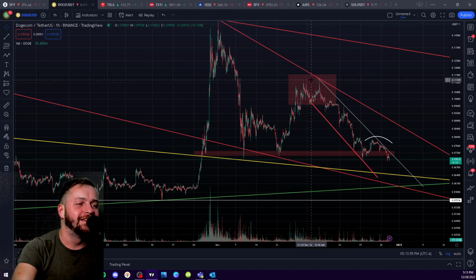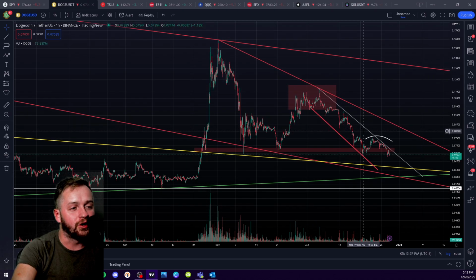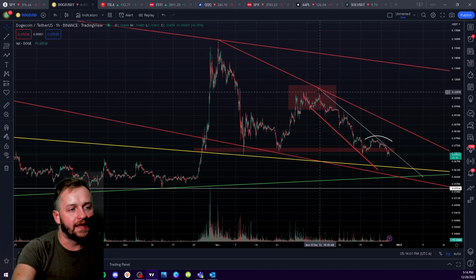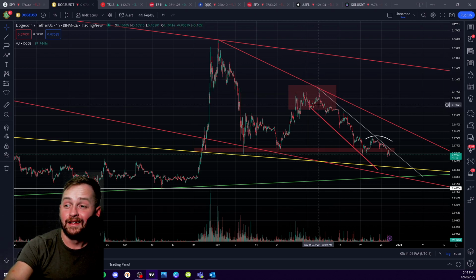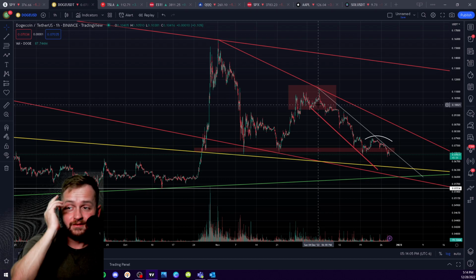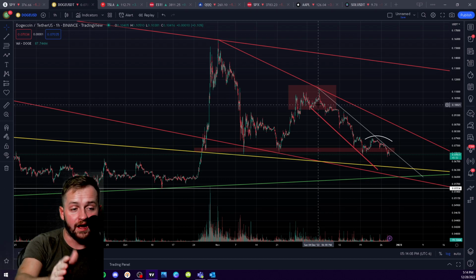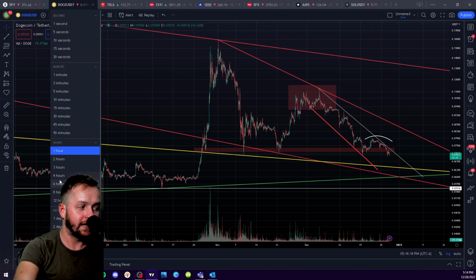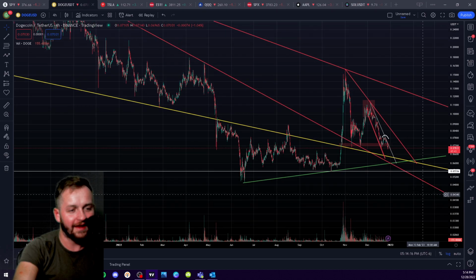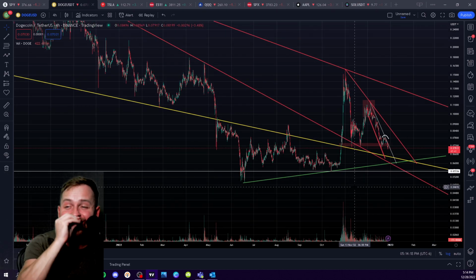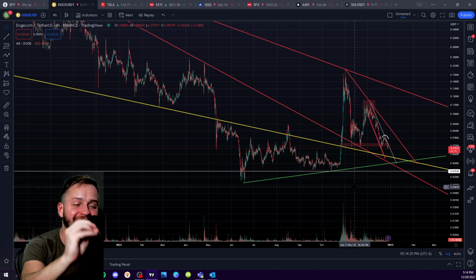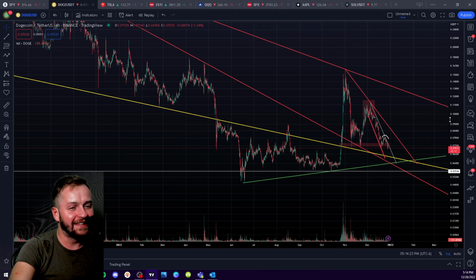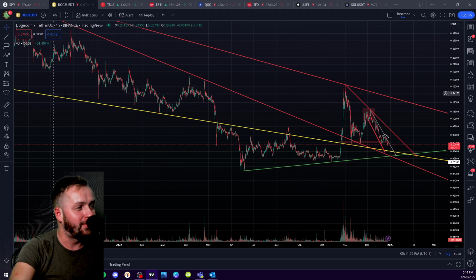This might be my most insane call ever, but when it was up here trading in this 10 cent to 11 cent range, I was saying this thing is going to go to 6 cents, possibly below 6 cents, by New Year's. And I was saying that since the beginning of December. And here we are now, all the way down to 7 cents. And this thing is hanging on a cliff, looking redistributive, looking like it's going to play out exactly how we planned it, man.